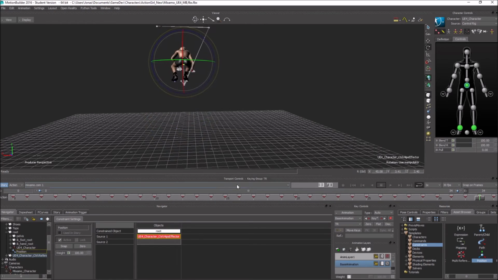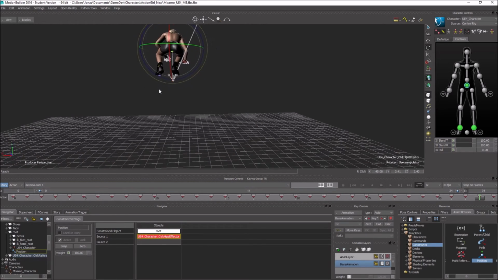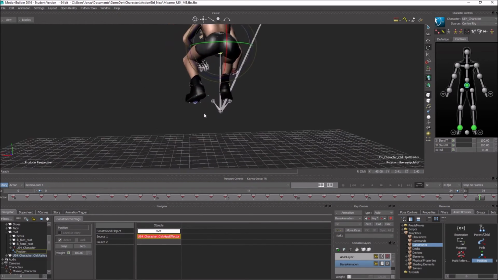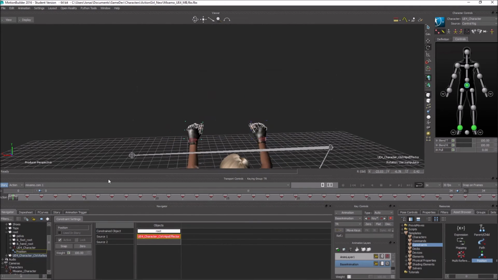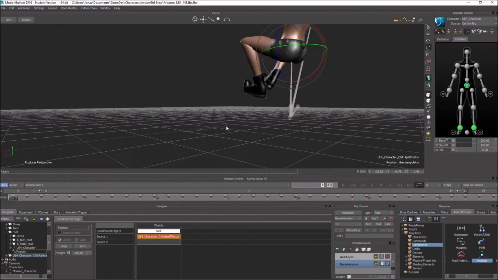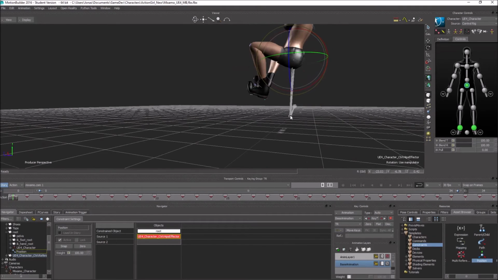So from here on, since you probably want to have a beginning height at this point here,